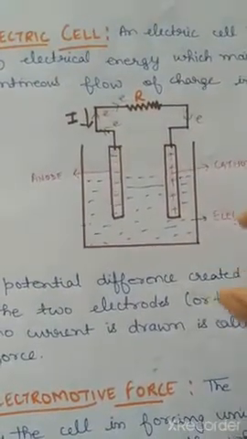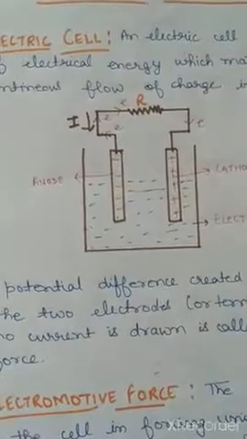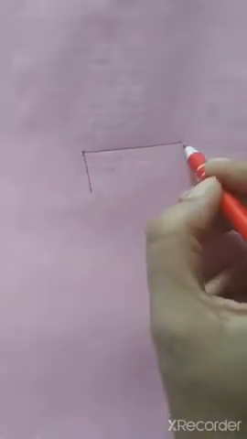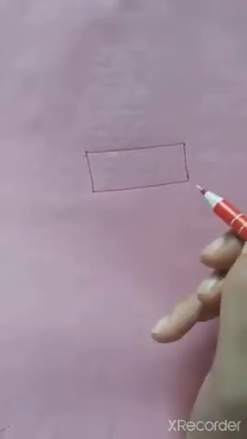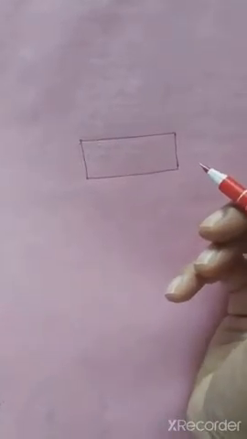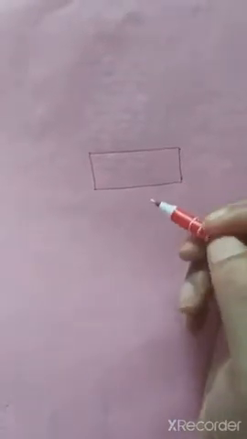Now what is the mechanism inside the cell, what happens? I am going to give you a brief idea of it. Inside the cell, we know of the electrostatic force. The electrostatic force acts between two charges: if similar charges are there, there will be a force of repulsion, and for opposite charges, there will be a force of attraction. Now a different mechanism takes place inside the cell. Inside the cell we have a non-electric force acting between the two charges. Is it clear?